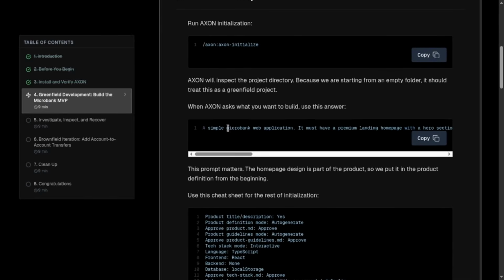So right, like we say, after we run that, AXON will inspect your project directory because you're starting from an empty folder. It will treat this as a greenfield project. So when AXON asks you what you want to build, you use this answer, right? A simple microfinance bank,